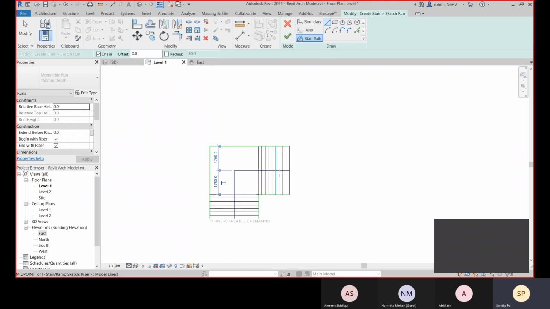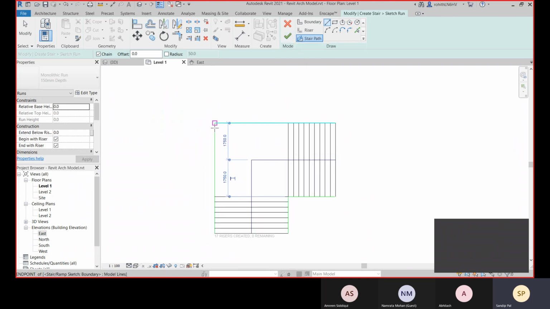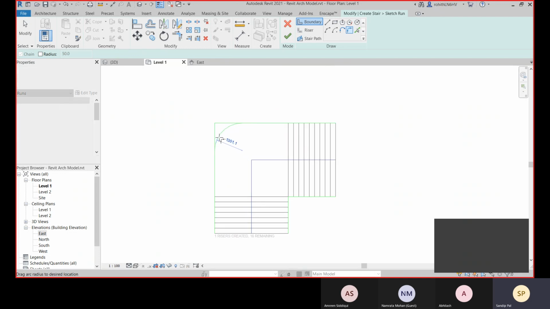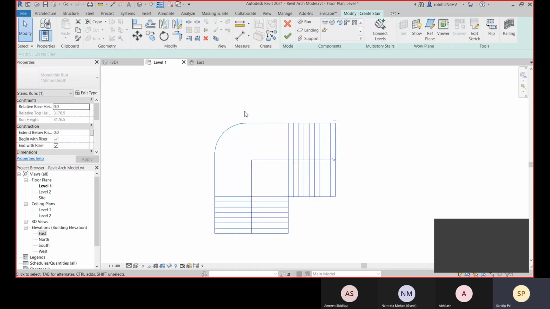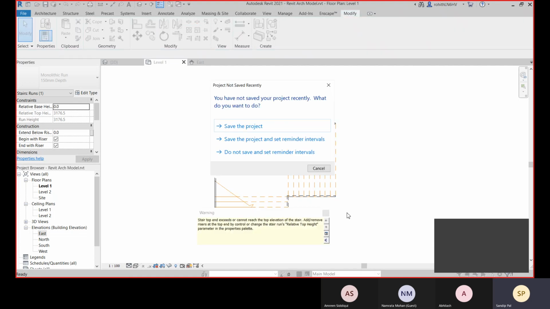You can change any shape, any boundary you can create, like if you define the boundary this way also. If you want to change anything over there, you can change it. Now let's finish this. It's finished.